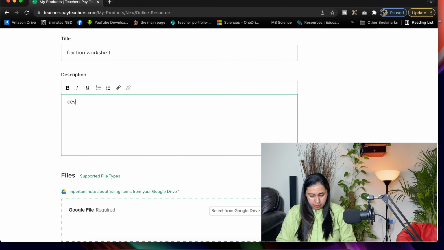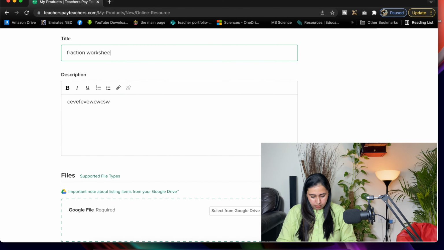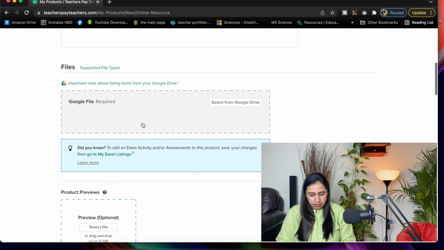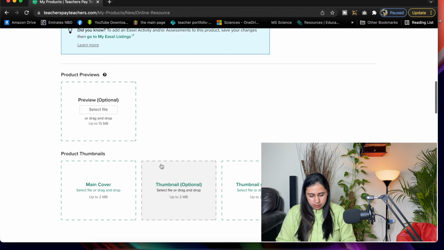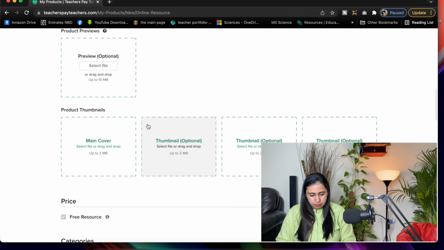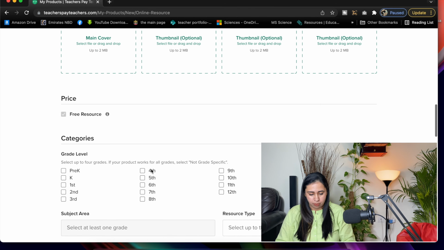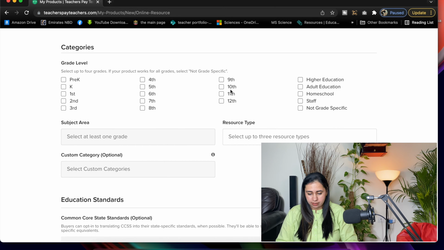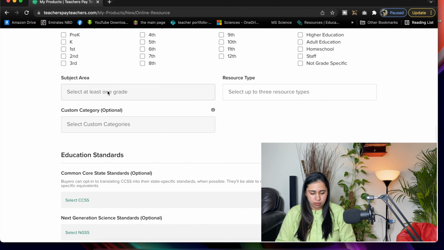Then describe the worksheet and write anything in the description. The spelling is wrong. Okay, and then you attach the file. They will show the preview, and then the thumbnail, like how the product will look when somebody sees it from outside. Then the price, or you can sell it for free, which category it belongs to, grade 9, 10, or whichever class that format belongs to.